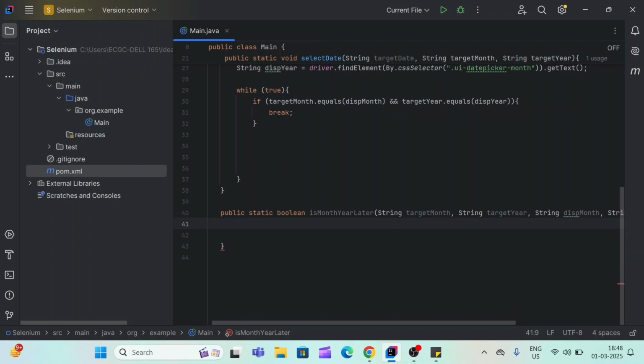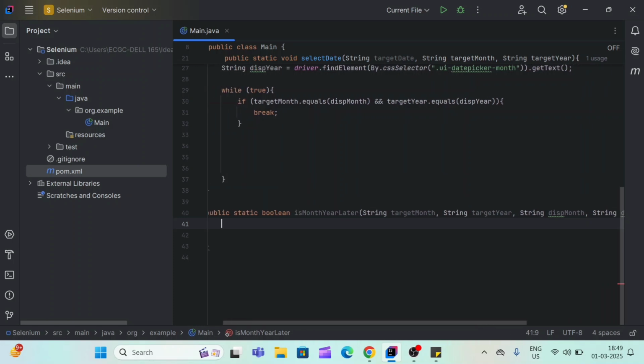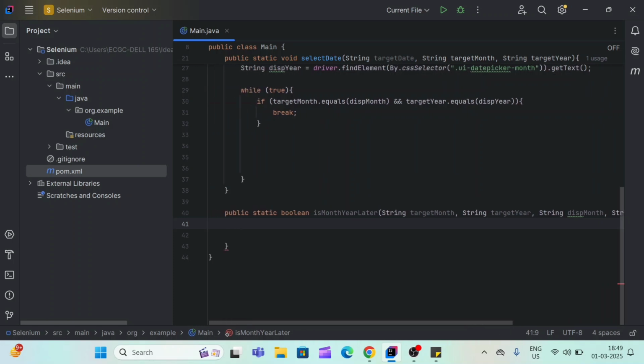And inside this, first we'll check the year, whether the year is from the past or future, right? So for that, first we'll compare the two years, the target year and the displayed year. First we'll convert them into integers because these are now strings, using Integer.parseInt, and we'll provide our